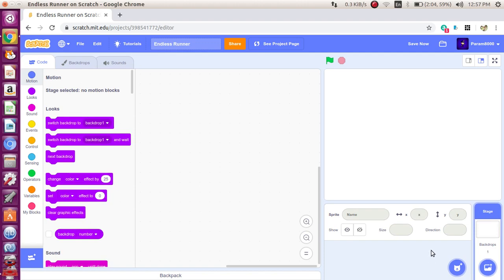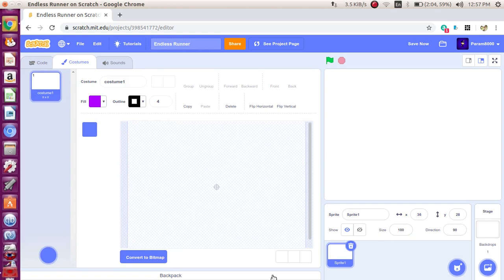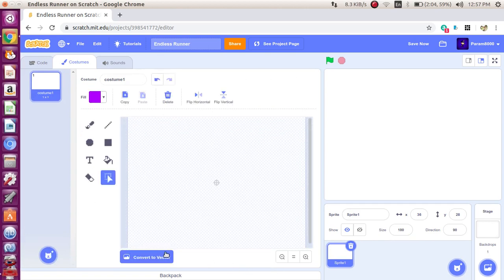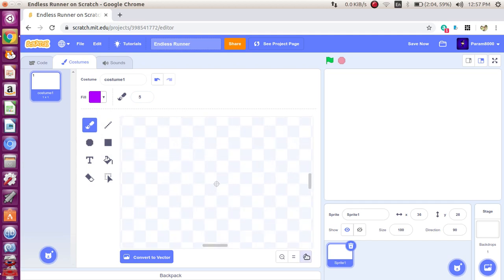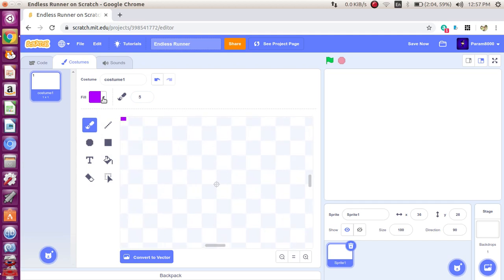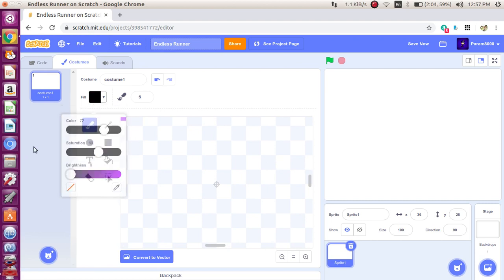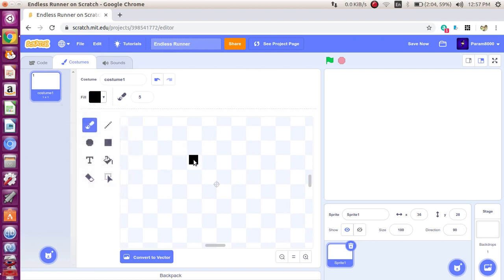Now we are gonna make a new sprite, so let's just paint a new sprite, convert to bitmap, and then take the brush tool and set its size to 5. After that you zoom in a lot, and then you fill it with black color or any color you like, and I'm just gonna make the head